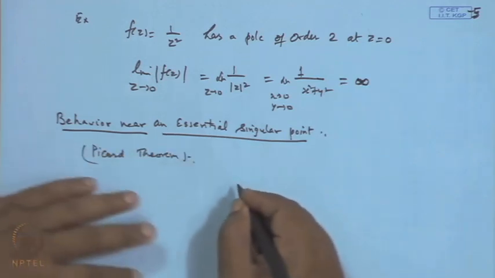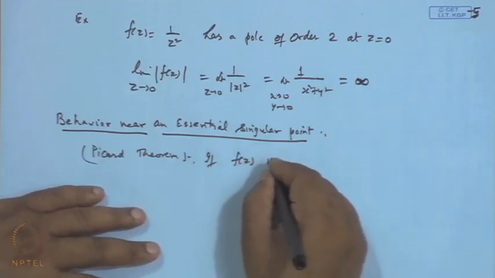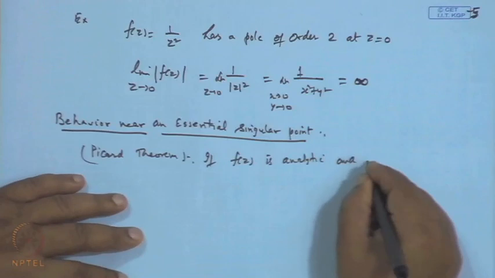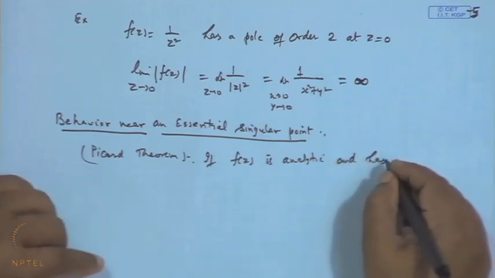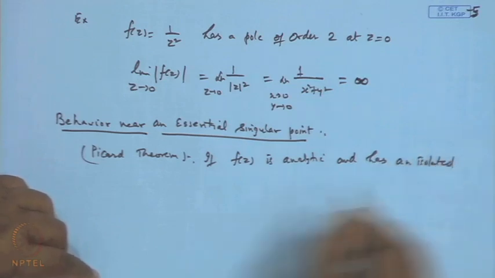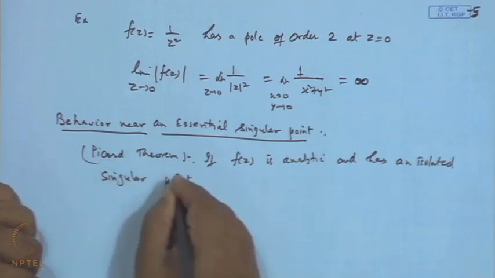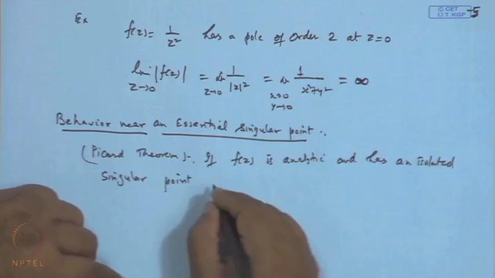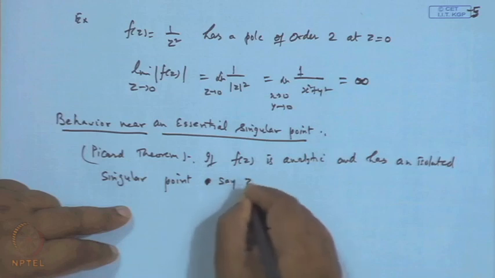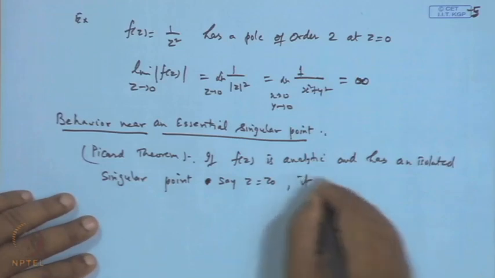What is Picard's theorem? Picard's theorem says, if the function f(z) is analytic and has an isolated essential singular point, an isolated singularity at z equal to z naught, then it takes